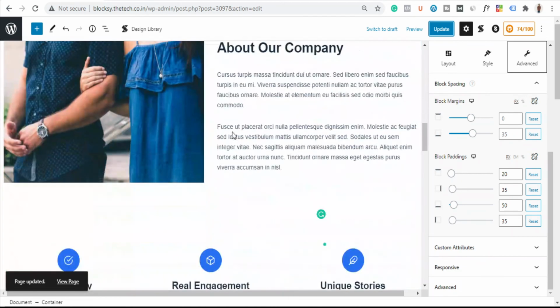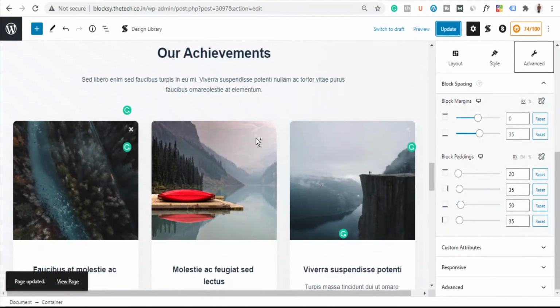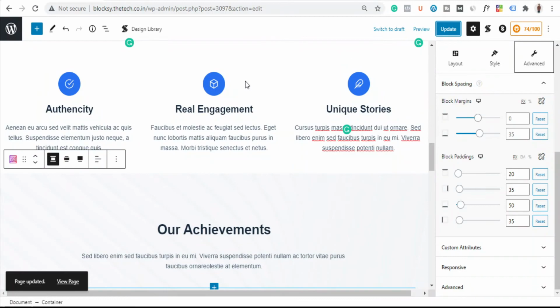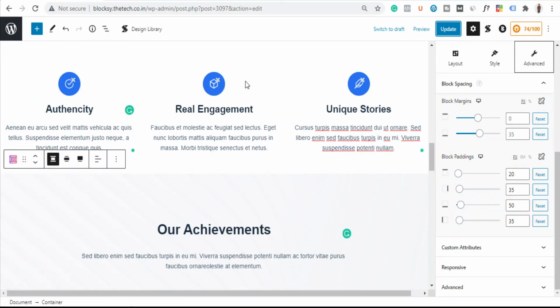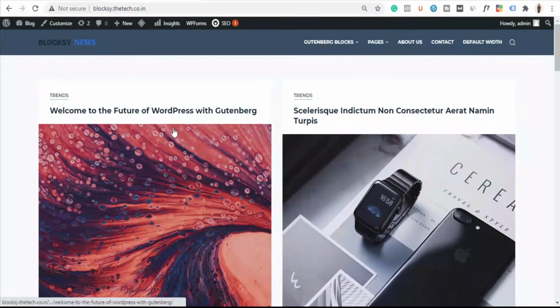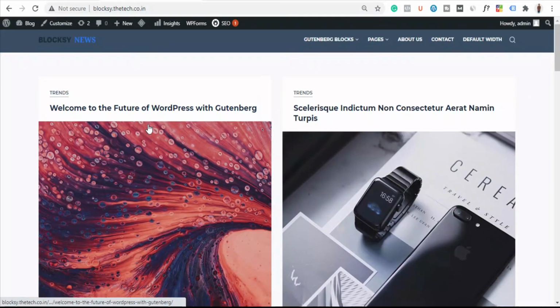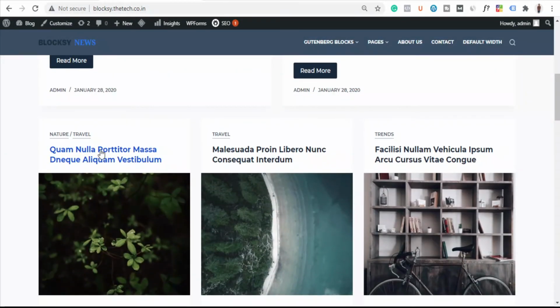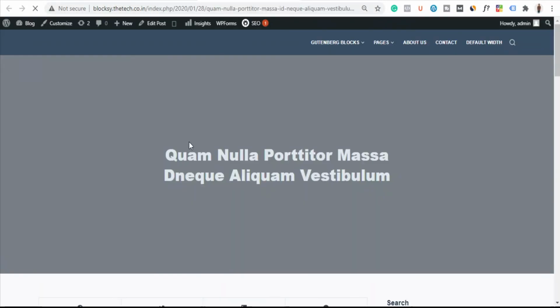Okay, and with that we are done with this section as well, and now we'll hop on to the last section. As I told you, I'll be explaining how we can add sections in our blog. Okay, like blog article, that I'm gonna show you now. Okay, so to edit any blog, let's first open any article first. Okay, so I'll go down, I'll open this article, and here I'll click on this edit post option.